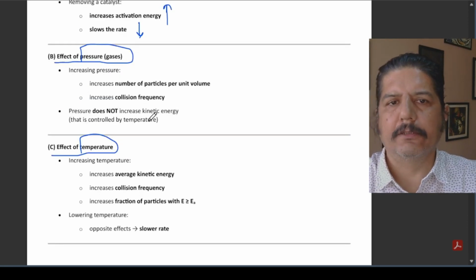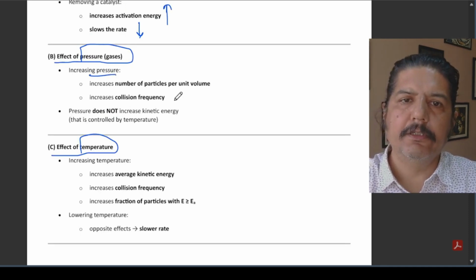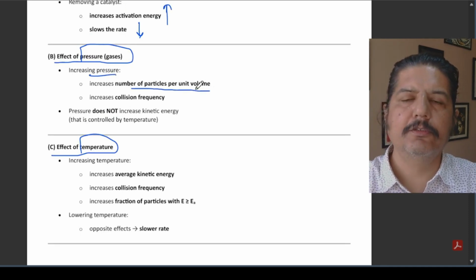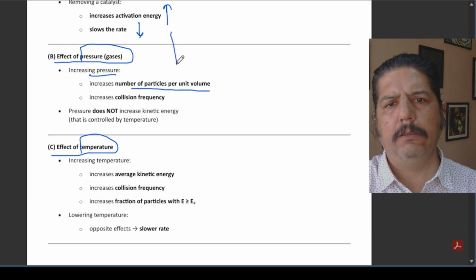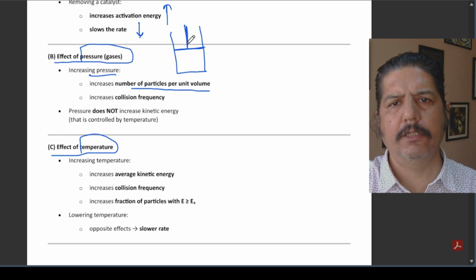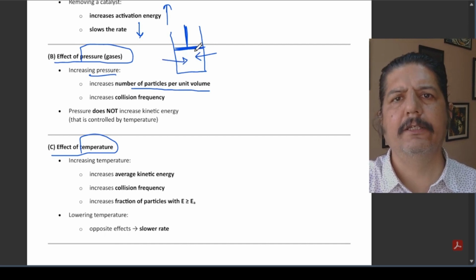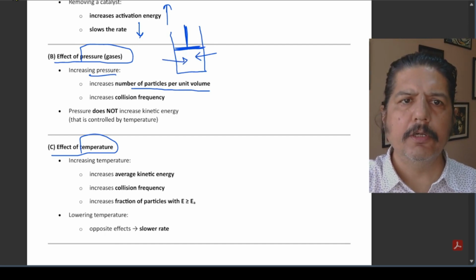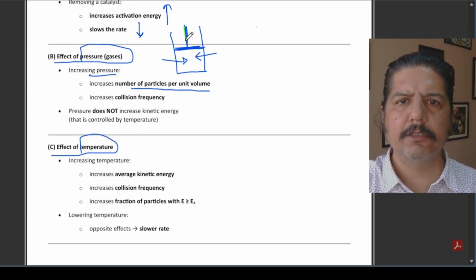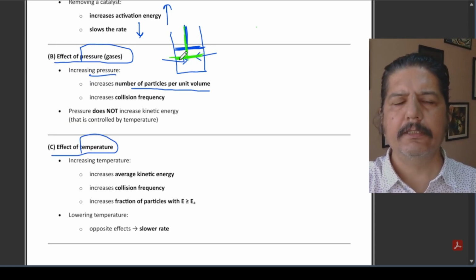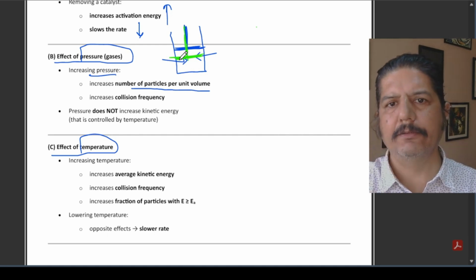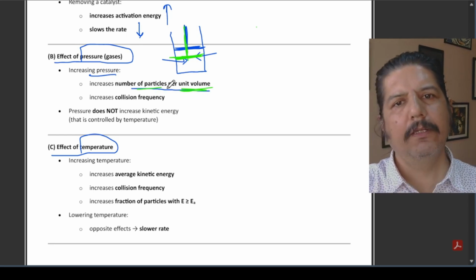What is the role of pressure? See, by increasing the pressure, you are increasing the number of particles per unit volume. So, quickly, I can show you the essence of this. Let us assume that we have some arrangement like this. The reaction is taking place here. Now, if I increase the pressure, let us say I push the piston down, this is a new condition. So you'll see that the number of particles per unit volume has increased because the volume has decreased. I hope you get the sense.